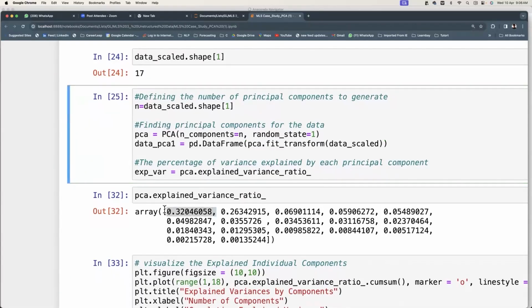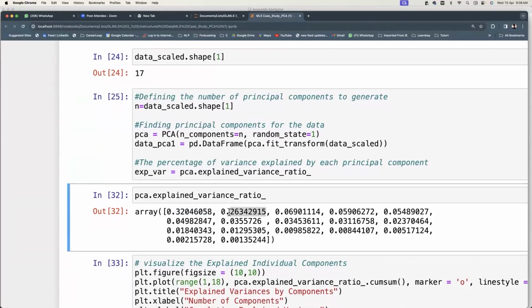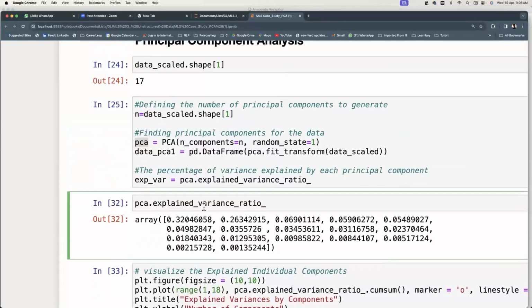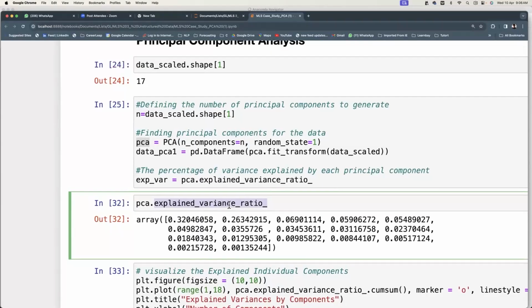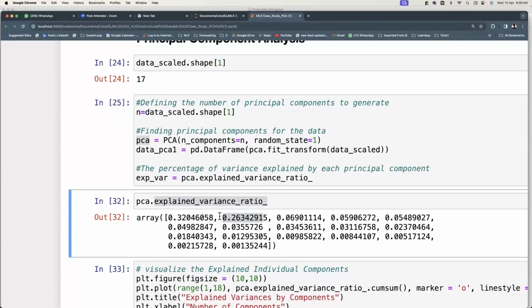And the first principal component will capture the majority of the variance of the data set. And the second principal component will capture the second best majority of the variance. And third and fourth and fifth and so on, right? So if you can see, I have taken the PCA model, which I have built, and I am asking explained variance ratio. I can show you explained variance and explained variance ratio. I'll come to that. So what this will tell is the explained variance by each of the principal components